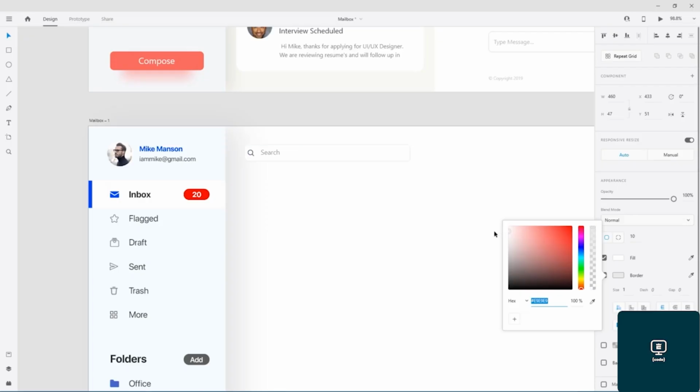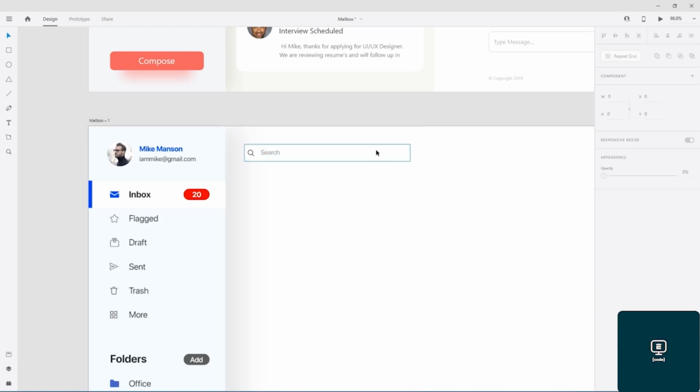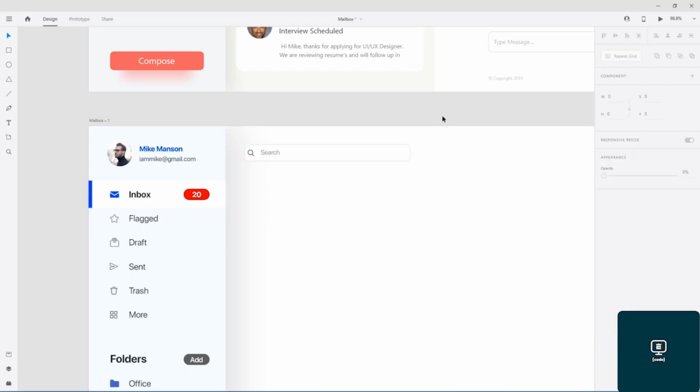The color is changed so that I would have a more beautiful result. Again, SF Pro here, like this, and